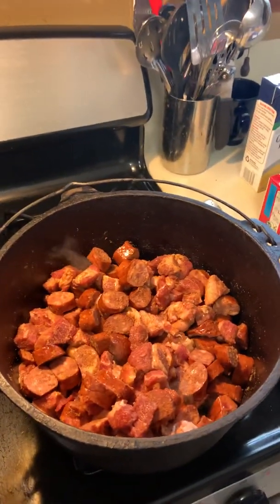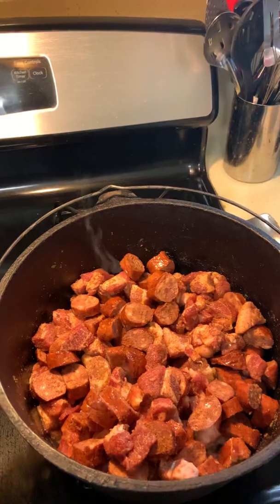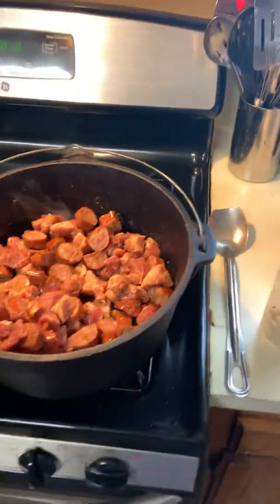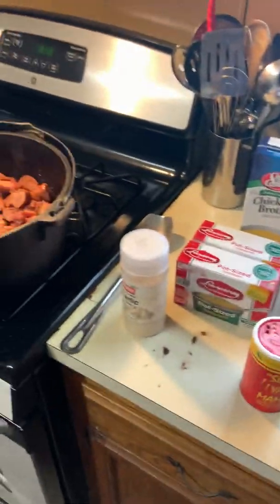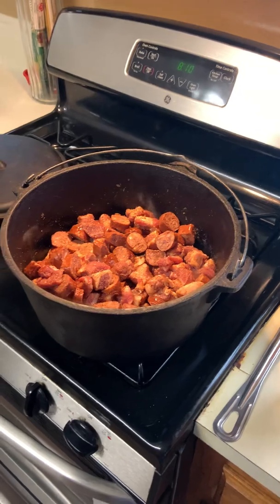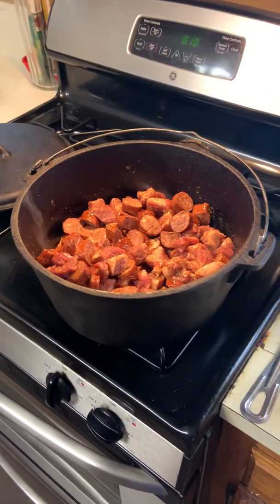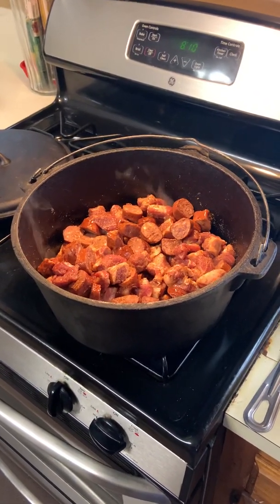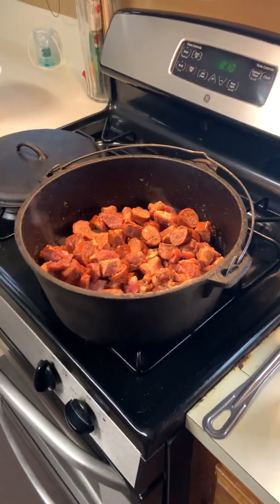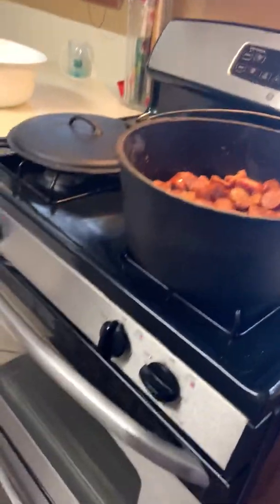But we first cut up some Boston butt or some pork, any type of pork you want, just some good fatty pork. Go over some of the ingredients. I use about 2 pounds of pork cut up and about 2 pounds of sausage cut up. Most everything's gonna be 2 pounds, so just remember that. And this is the size